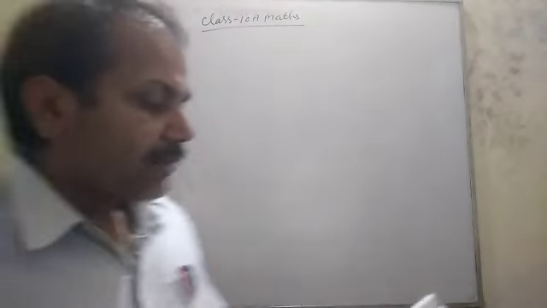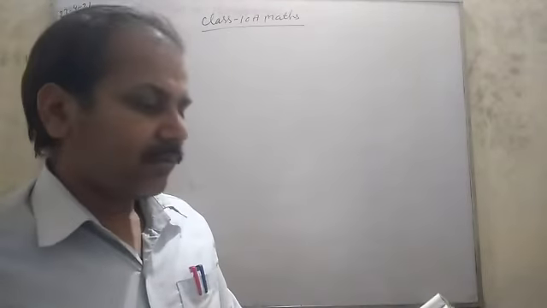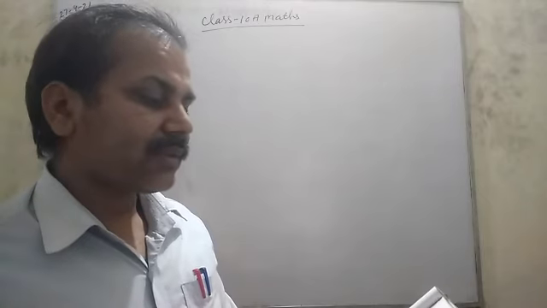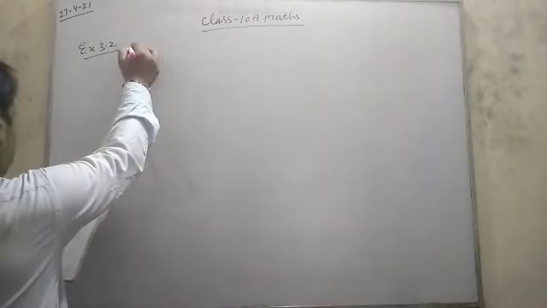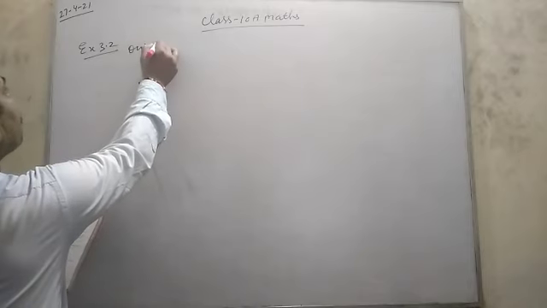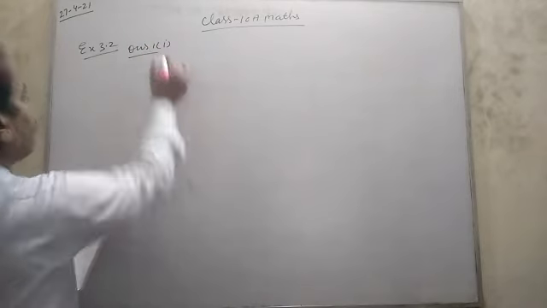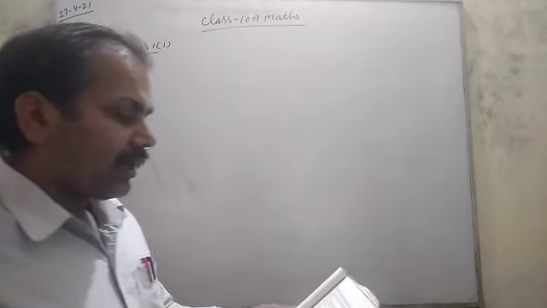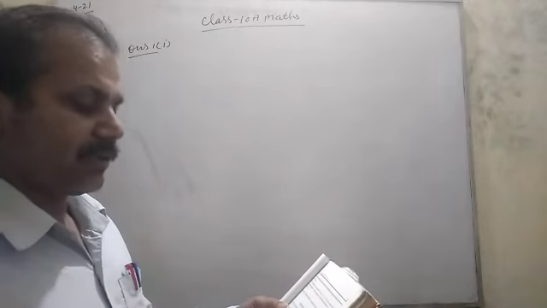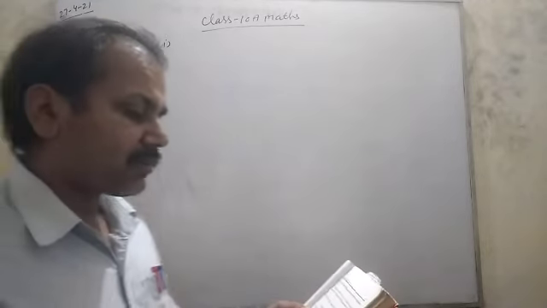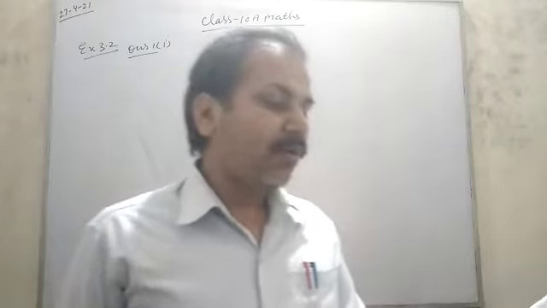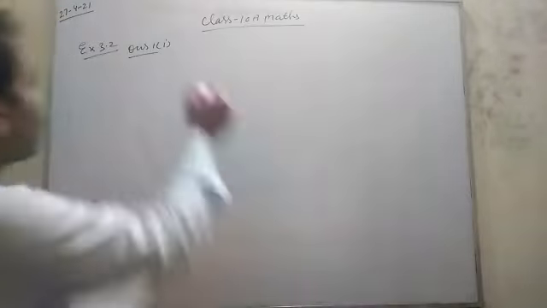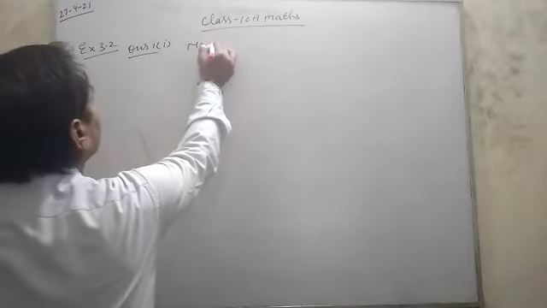So today, 3.2. Find the pair of linear equations in the following problems and find their solutions graphically. So first you make equations. First question: 10 students of class 10th took part in a mathematics quiz. If the number of girls is 4 more than the number of boys, so suppose the number of boys is equal to x.